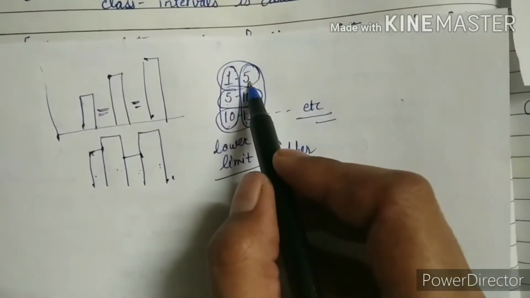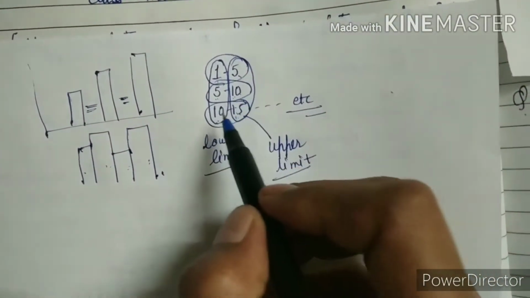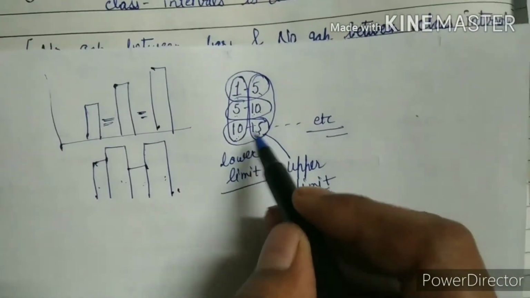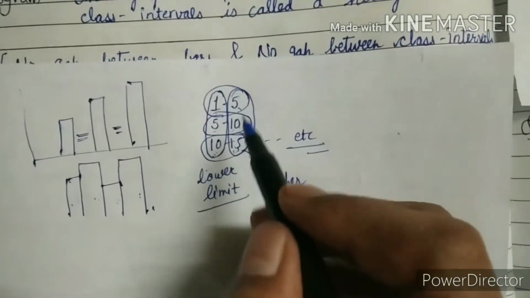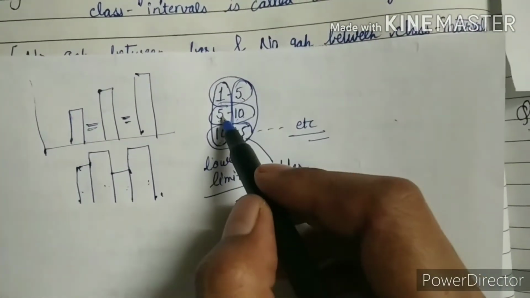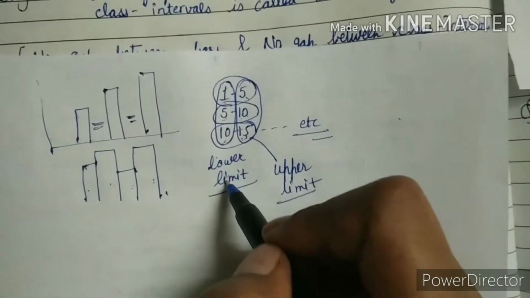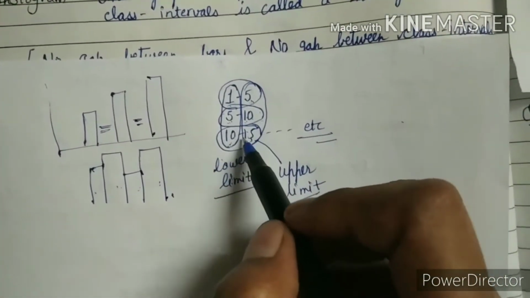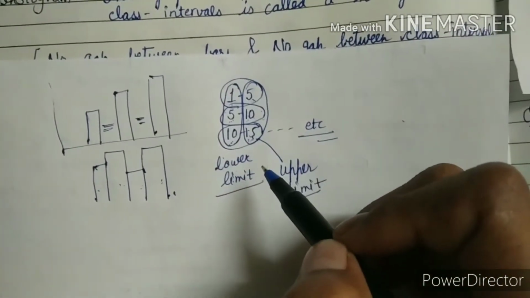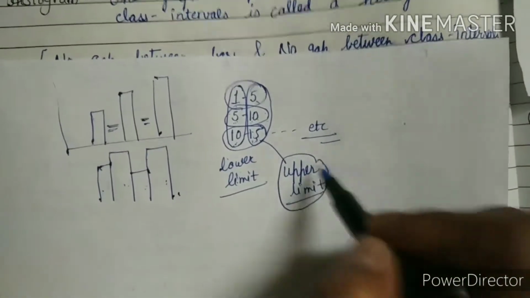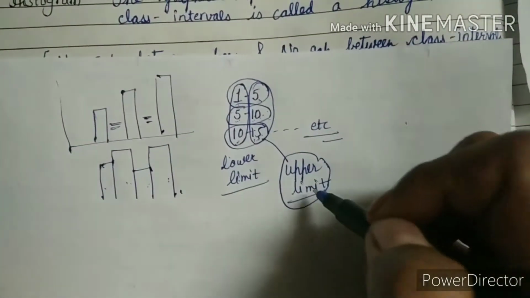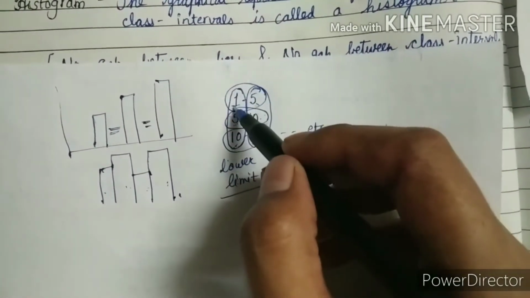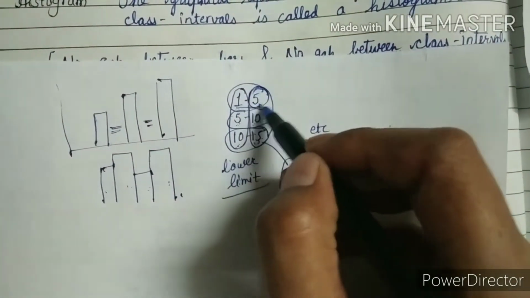Now as you can see, 5 is here, 5 is also here, 10 is here, 10 is also here, and 15 is here and also in the next one. So where do we put 5, because we have 5 in two places, 10 in two places, 15 in two places? This is one of the main confusions in the histogram. So where will 5 come? The upper limit, 5, 10, 15, will not be included in the range. It means 1 to 5 is showing, but 5 will not come here.